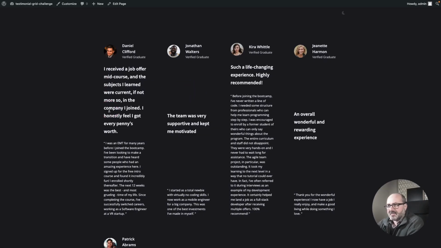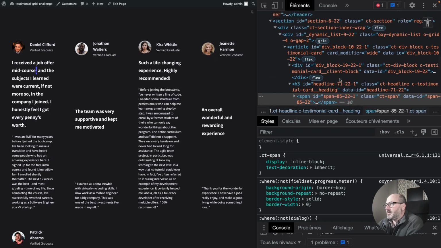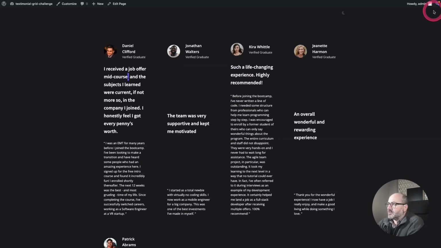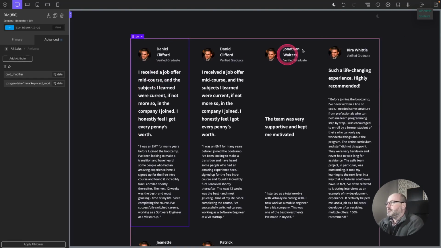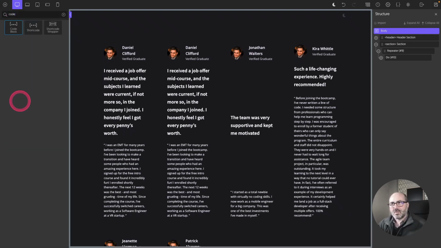And of course, this doesn't change anything for the styles for now, but if I inspect and look at my card, here I can see that I have this attribute of card modifier with a value of wide. Okay, as I told you, I would like a way to insert directly this value into my class list, but that's not possible in Oxygen. But this is not a real problem because we are developers, and as we are developers, we are full of resources. And then what I will do is add to my page a code block